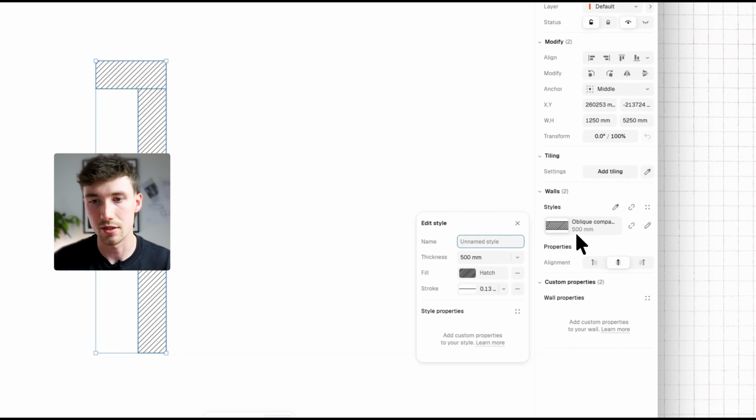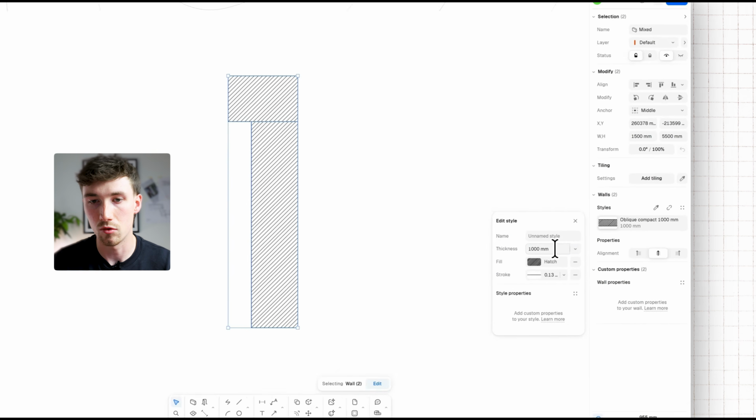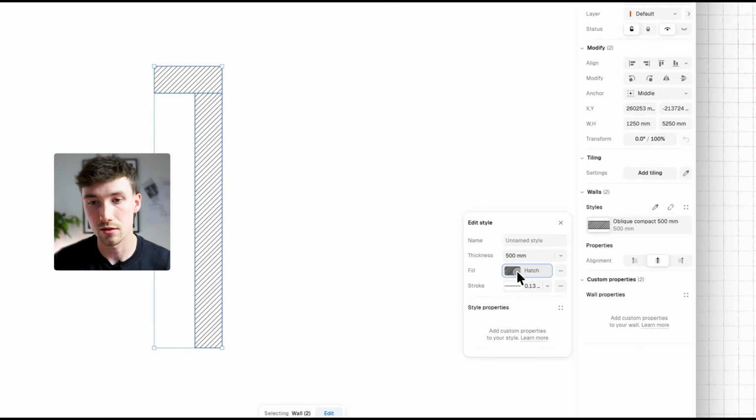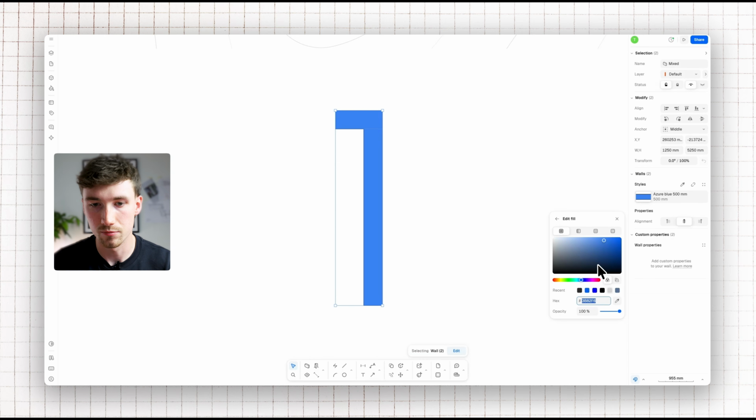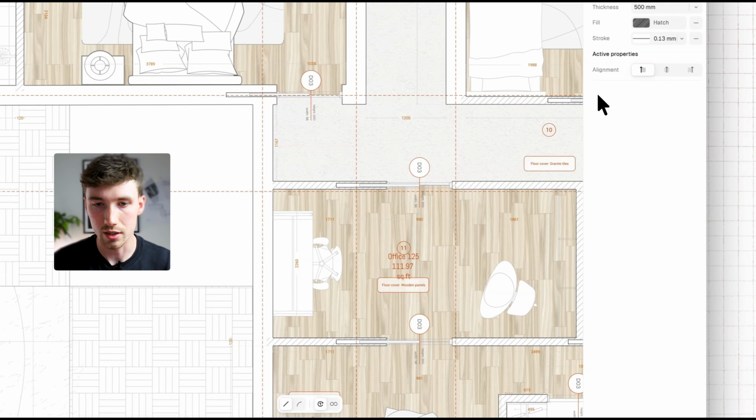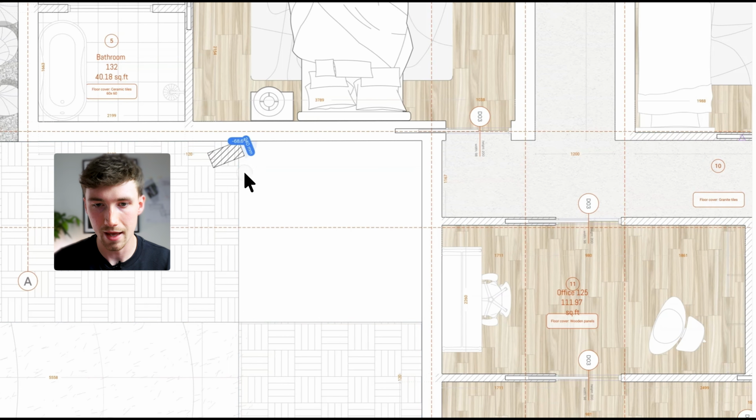Click the plus button to save the style, and you'll receive a default naming protocol for this. You can adjust and amend that style. And as you see here, as you change the thickness of that wall, it will adjust all of those elements with that style assigned to it. Likewise with the fill. Now, if you enter the floor plan, we can start drawing our wall, typing S, and